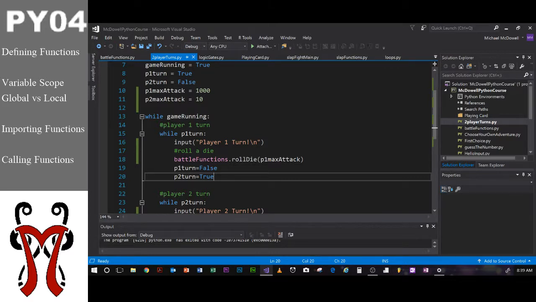Now what I want to do is I want to make that current damage apply to the health of the opponent. So right here I'll make player 2 hit points equals player 2's hit points minus that current damage. All right, so what's going to happen here? It's going to be player 1's turn. They're going to roll the die. Based off of their attack, it's going to make a number. That number is going to be saved as this current damage variable. Then the player 2's health is going to go down by what